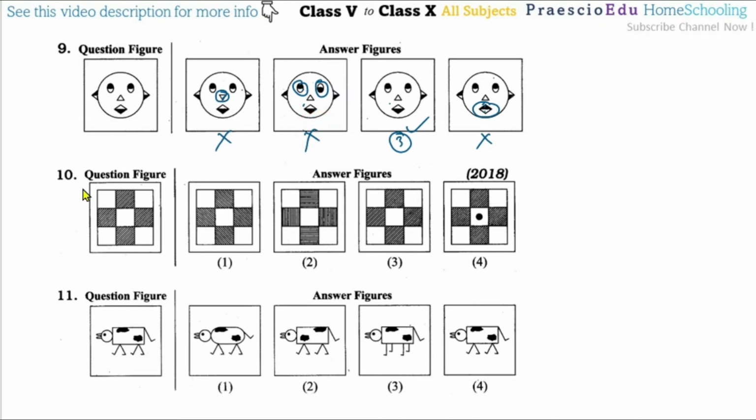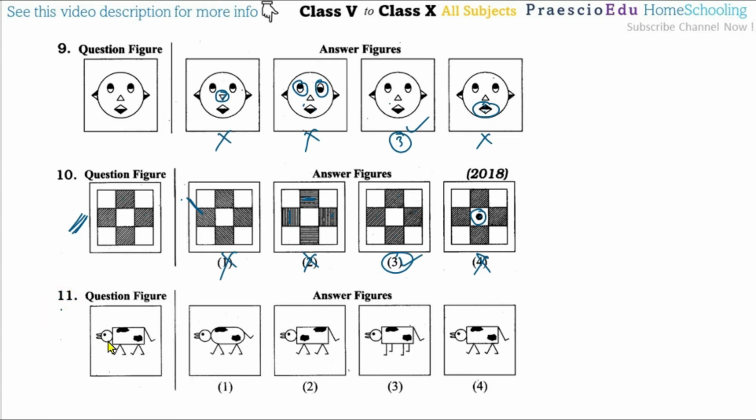Then question number 10. So these lines are somewhat with these directions, okay, these all the 4 lines are the same, here these are like this direction, so this is incorrect. Now here the horizontal, here the vertical, so this is incorrect. Now all are the same, so this is correct, but here some solid dots come inside, so this is incorrect. So the option number 3 is perfectly matching.